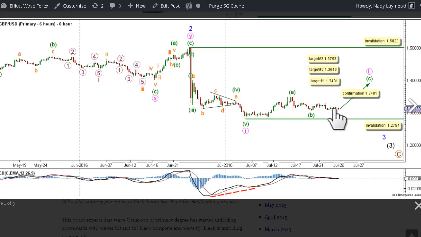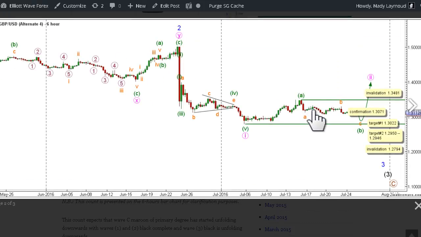Now we will view the first alternate count, explaining what the roadmap for cable is once the low of wave B green is reached. The difference between the main and first alternate counts is that the first alternate count expects that only wave A green is complete and that wave B green has more to offer downwards before reversing directions and moving upwards to complete wave 2 pink. This count expects that within wave B green, waves A and B orange are complete and that wave C orange is underway. This count would be confirmed by movement below 1.3071, and we have two targets for the completion of